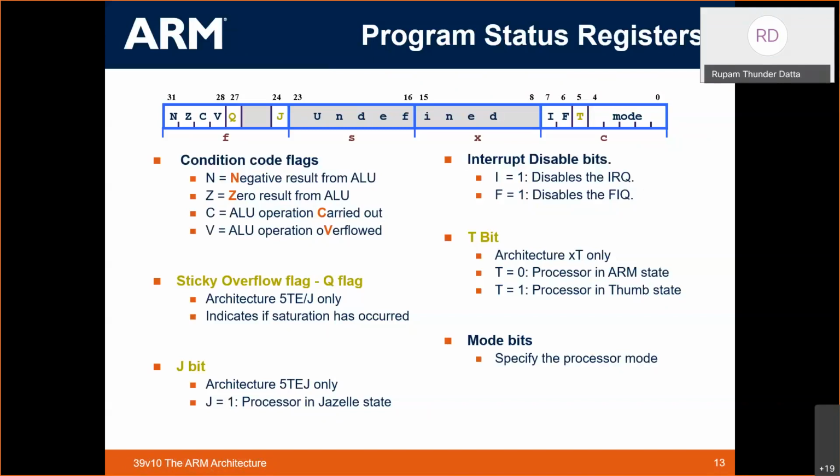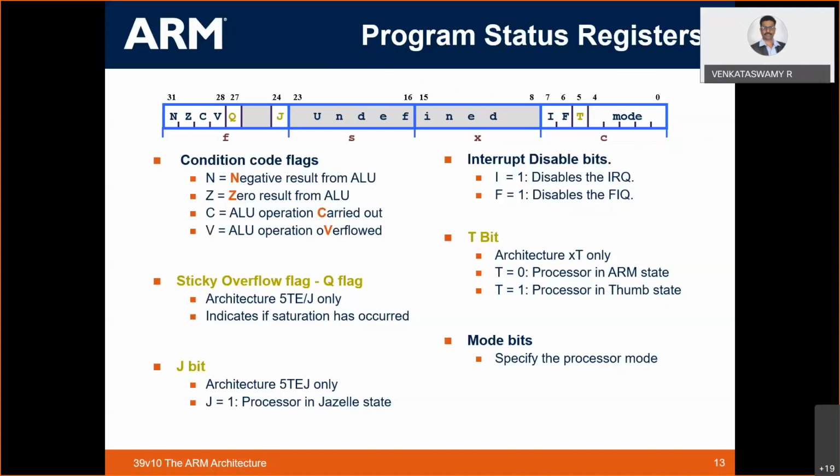So when you make that interrupt pin, bit number 7, as 1, then what happens? Completely that interrupt will be disabled. So now what does it mean? You are changing the state of that particular microprocessor or microcontroller.